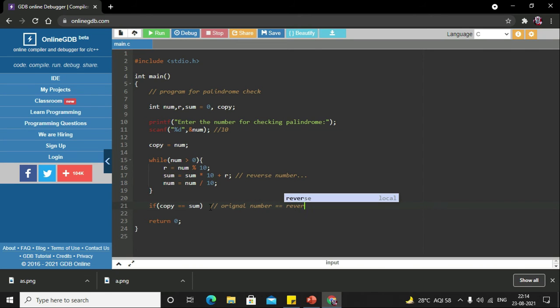equal to reverse number. Okay, when this statement is satisfied, then that will be a palindrome number, right? So after this, okay, now see, if copy is equal to sum, then I have to print a printf